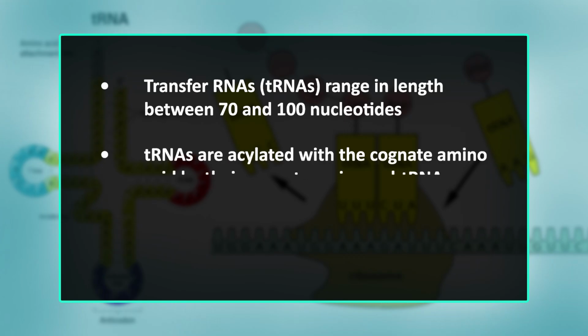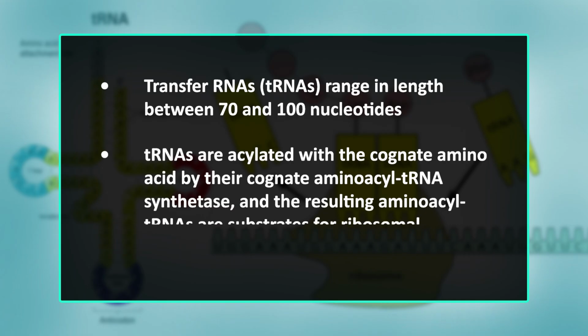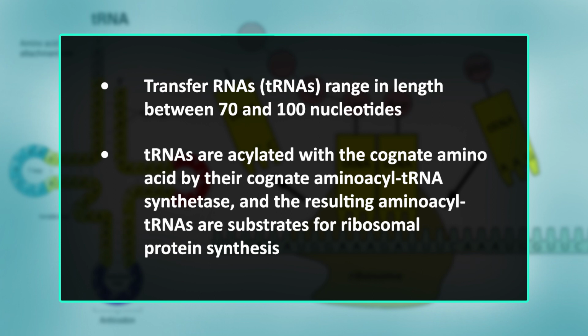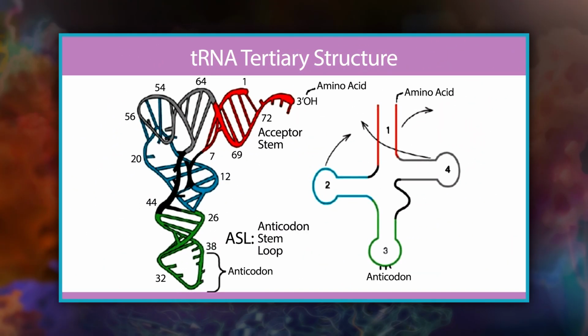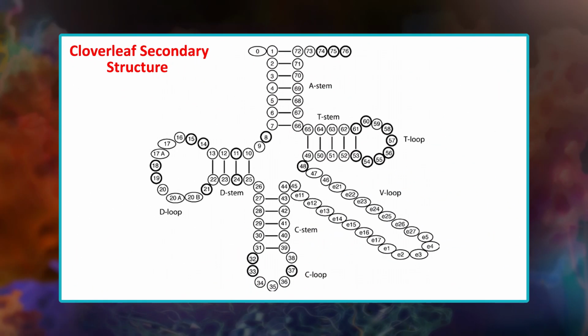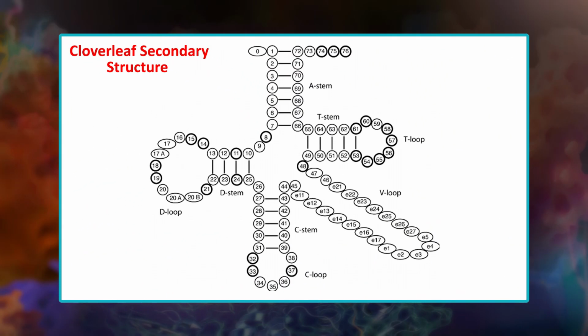tRNA are acylated with the cognate amino acid by their cognate aminoacyl tRNA synthetase, and the resulting aminoacyl tRNAs are substrates for ribosomal protein synthesis. tRNAs were determined early on to have a highly conserved cloverleaf secondary structure and an L-shaped tertiary structure. The cloverleaf secondary structure is formed from Watson-Crick base pairs which create helical stems, typically ending in unpaired bases to